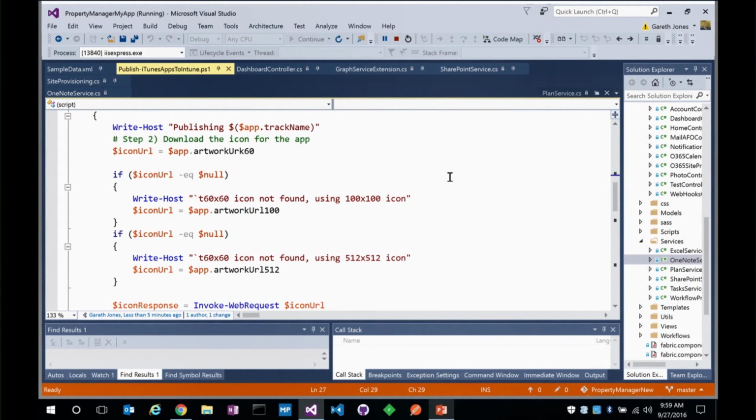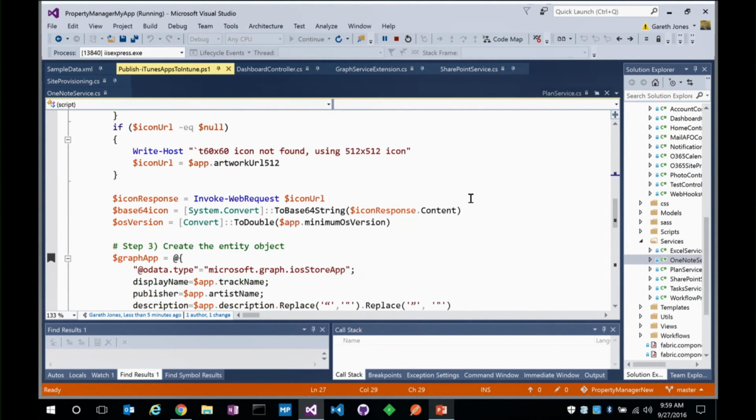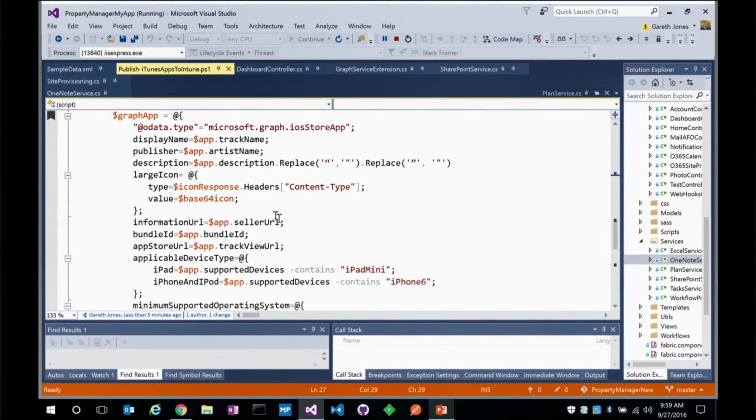I'm going to go and pull down the icons, because I need the actual raw data for the icons to pass in, to go and pull that from Apple, and then upload that into Intune. And I've got to do a little bit of logic here, depending on what icon sizes are available. So just a little bit of tweaky code there to say, hey, can I get the ones of the right size? And then I'll just make a little PowerShell object